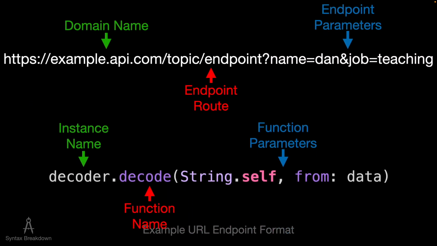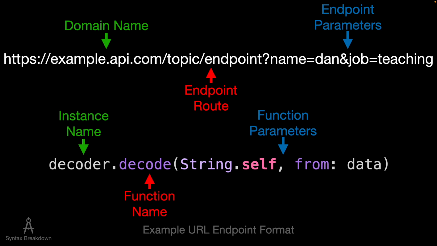It looks a lot like function calls. Functions have an instance name that you are calling, much like a domain name. They have a function name that you call, much like an endpoint route, and they have function parameters that you pass, much like endpoint parameters. This similarity is that kind of fractal spinout that I was talking about. Basically, this is a very common pattern up top that you see here. That's a very common way to access data from a website, from a service.